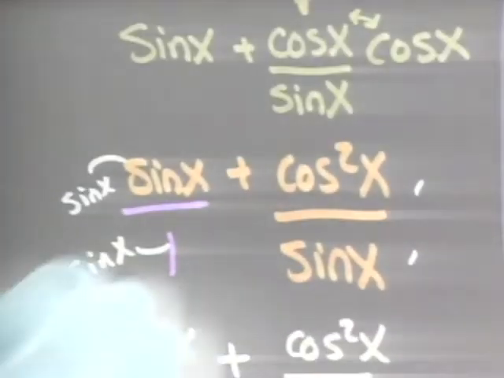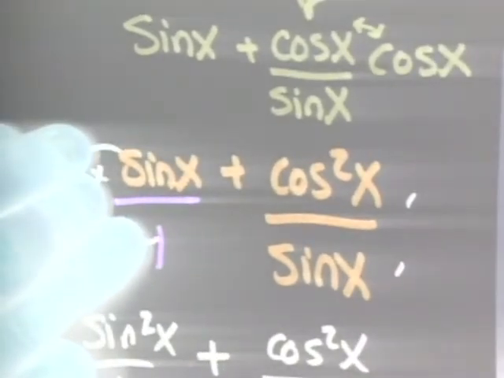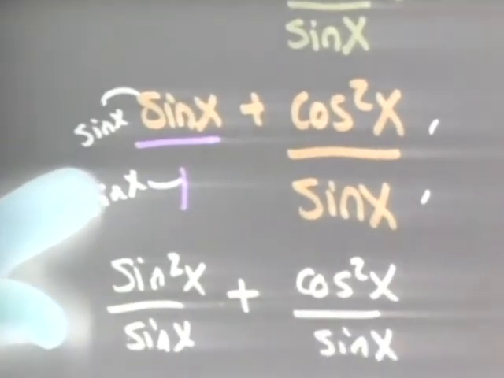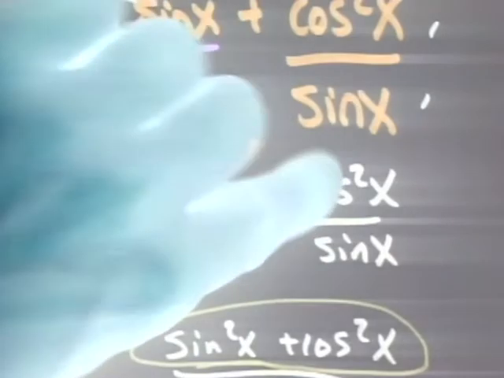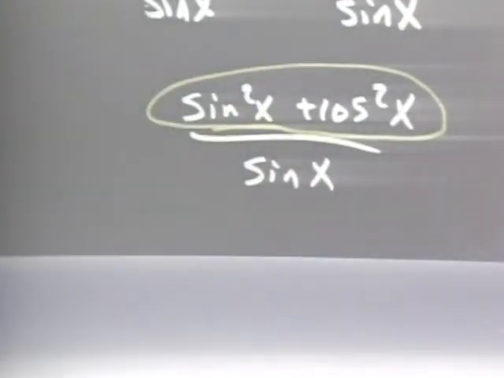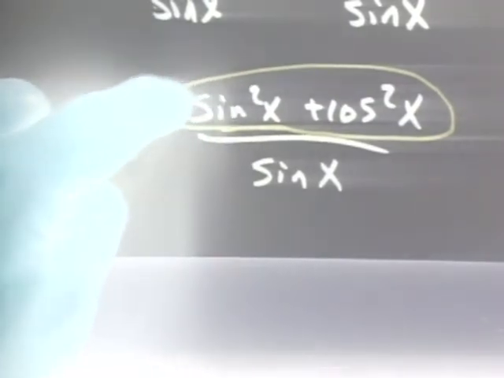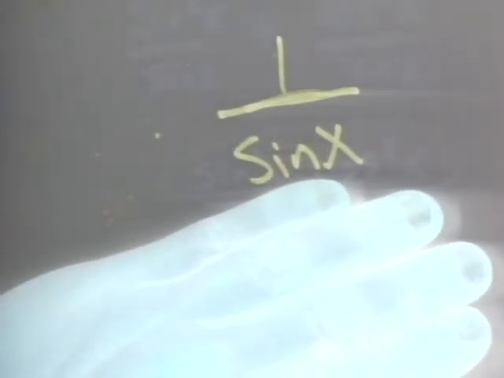Then what we did is made this a fraction with a 1 on bottom, and then we had to get the fractions to have the same bottom, so we multiplied by sine over sine. And that made this one sine squared over sine and cosine squared over sine. Once they have the same bottoms, you can add them together and give us this. That top is the thing that turns into 1 that you always have to look out for. So this became 1 over sine x, and then that just turns into, using identities, using this,